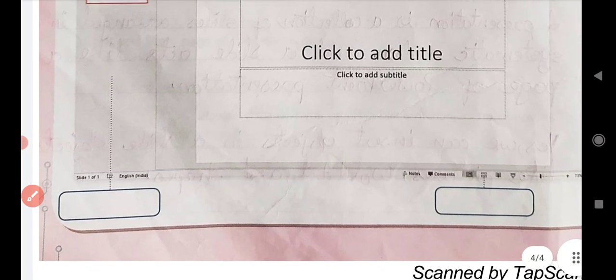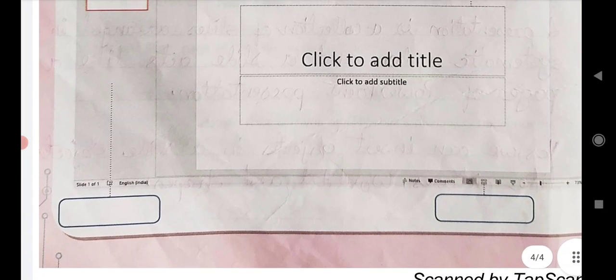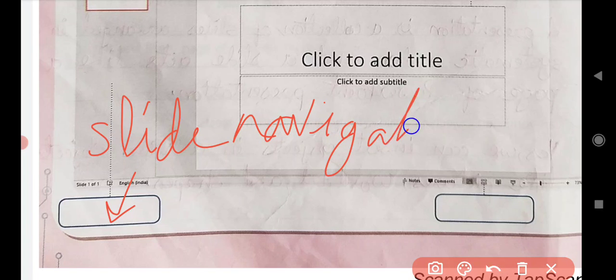We have to tell the answer. See, this is the slide navigation pane. SLIDE, slide, NAVIGATION, navigation, PANE, pane, slide navigation pane.